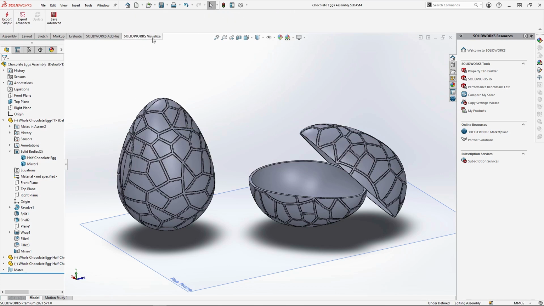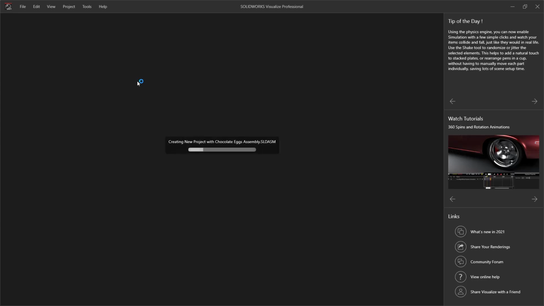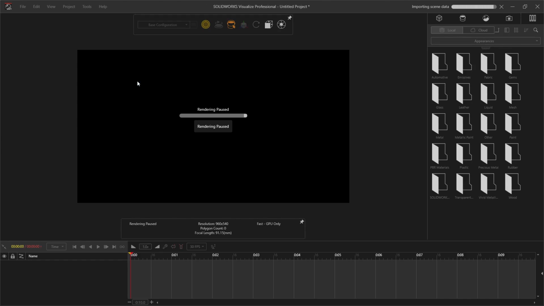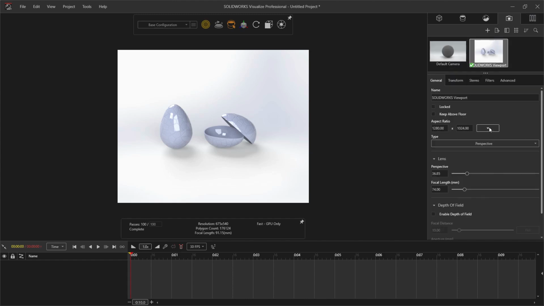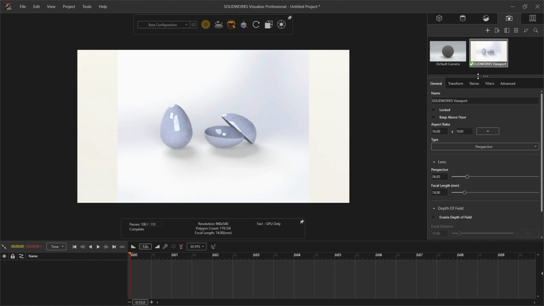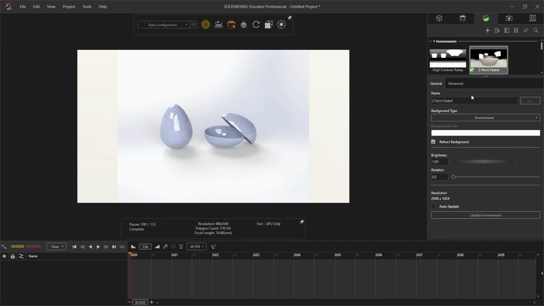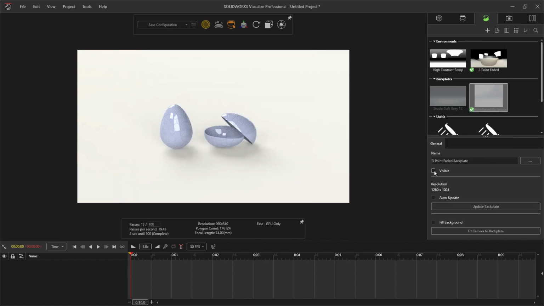Go to the Visualize tab and select Export Advanced. When Visualize opens, I'm going to start with the rendering aspect ratio. Under the Camera tab, change this to 16:9. Moving on to the environment, I'm going to select the backplate and hide it. Then selecting the environment,